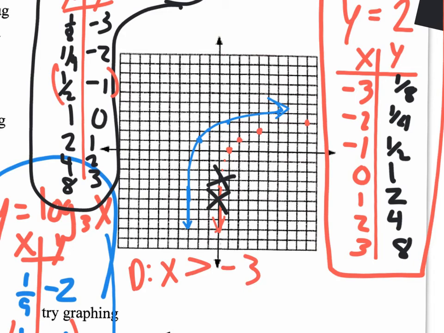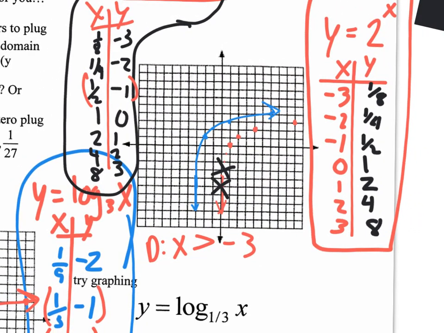Now your range, that's your y values. Your range or your y values, y is what? This blue line, does it go down forever? Yes. Does it go up forever? Yes. Even though it's curving, it's still going to continue to rise. So your range in this case is all real numbers for this logarithmic function. And we could even